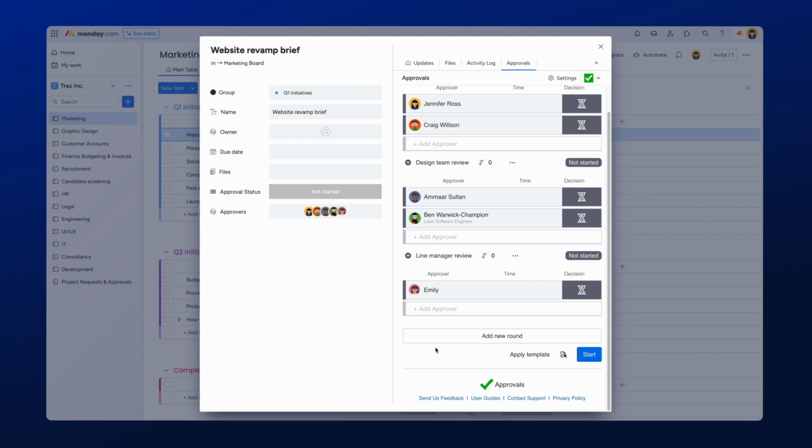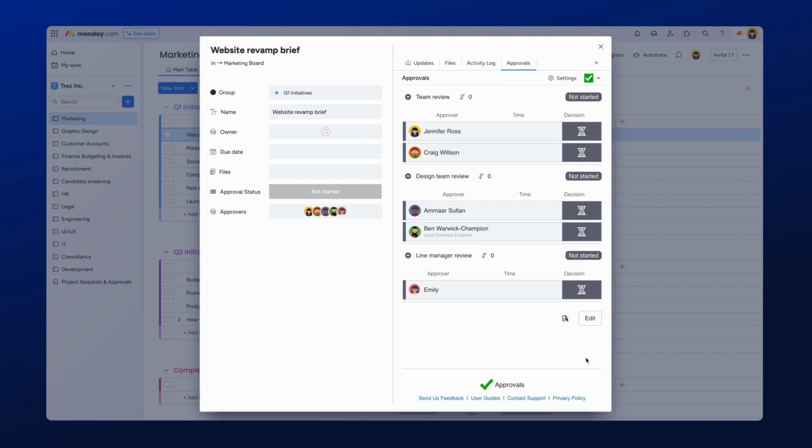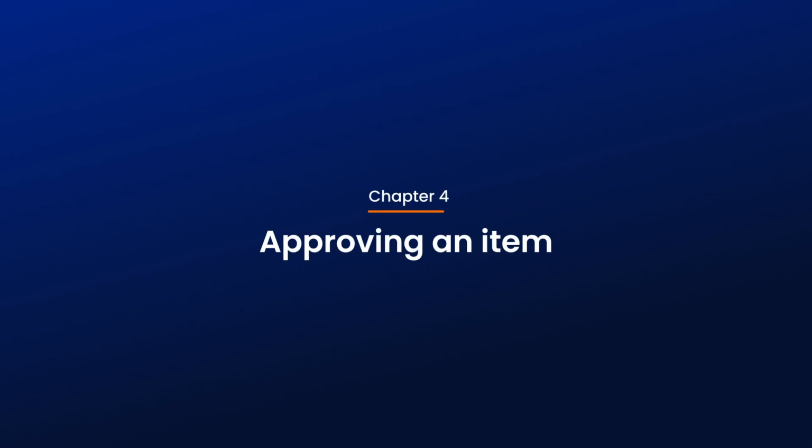The final step is to kick off the approval process, and we can do this by pressing Start here. So you are an approver, and an item has been sent to you for review and approval. Let's take a look at how easy it is to review and approve items using Approvals for